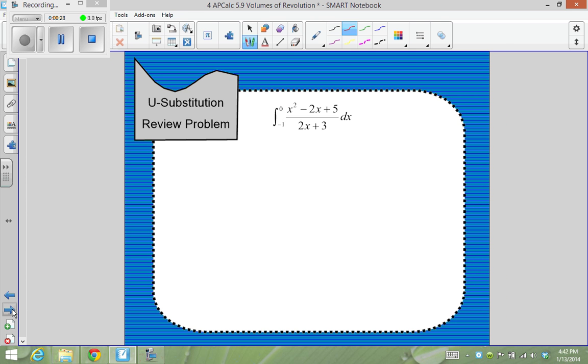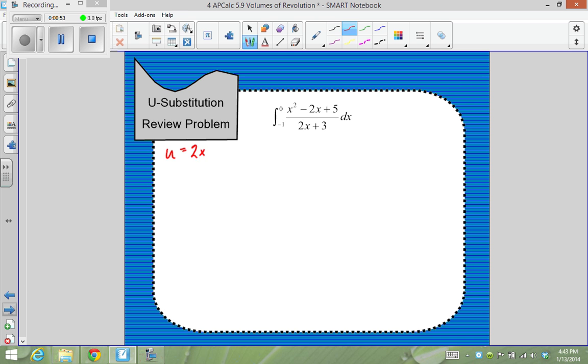Just like the rest of this week, we're starting with a U substitution review problem. On this one right here, remember that you cannot set your numerator equal to your u, because when you take your derivative, it's going to end up being a dx and something funny, and it's not going to take care of your denominator. So what you want to do on these, set the denominator